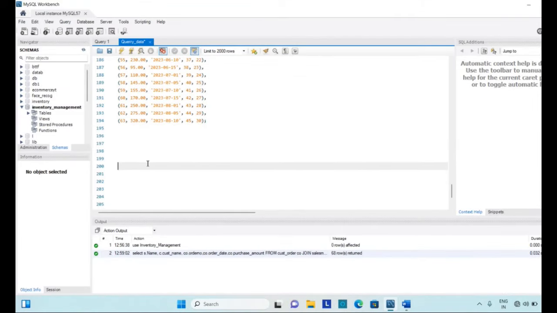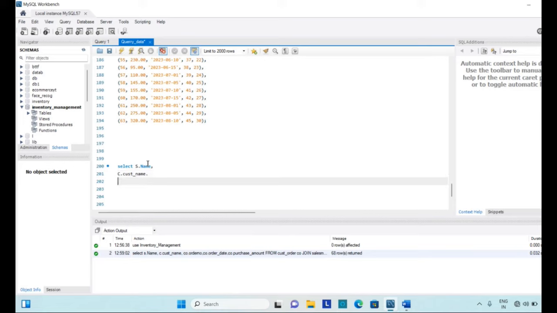Select, first of all we have to display the name of the salesman, so we will write s dot name, comma, and the name of the customer, c dot customer name. Remember, customer underscore name is the field name in the customer table and name is the field name in the salesman table.